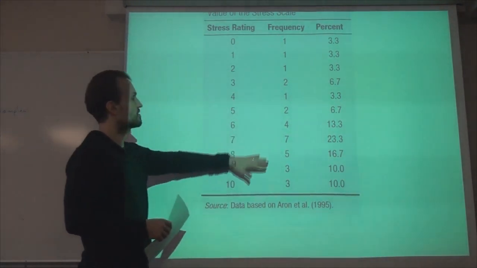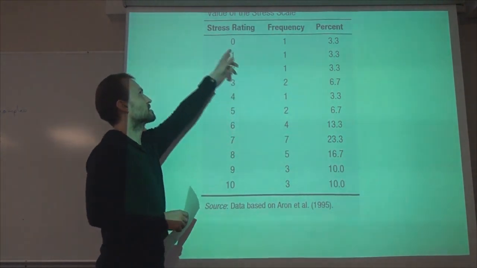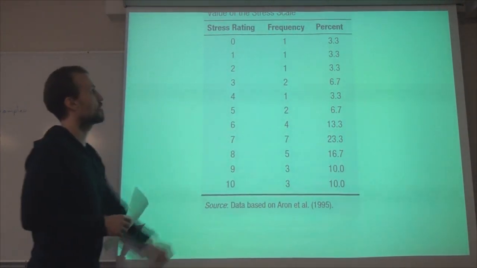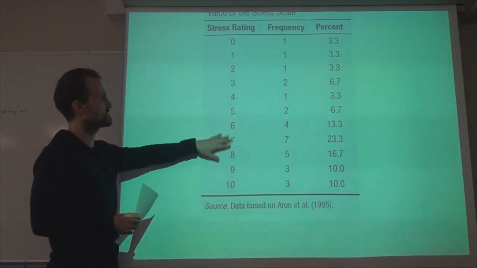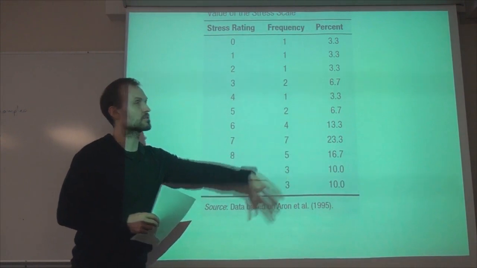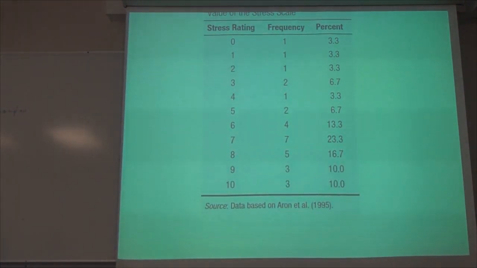If I look at this, I see, oh, here it increases a little bit. I didn't get too many 0s, 1s, and 2s. Once I go into 5, 6, 7, I get more people here. So it just gives me an idea of where the more common values sit. And I look at how the frequencies are distributed